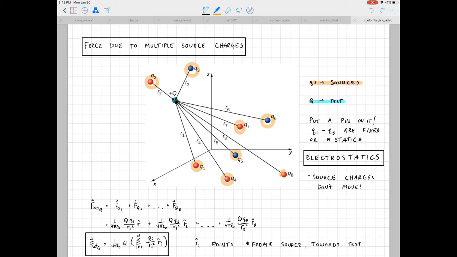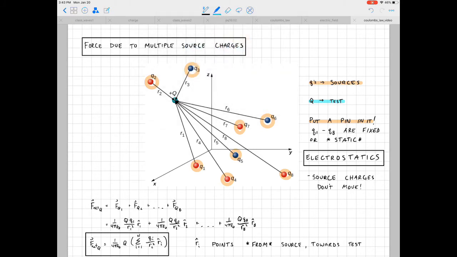Now you can think of them, and I've got it written over here, put a pin in it. You can think of these source charges as stationary. They've been pinned down, they've been fixed in space. So their presence does not affect each other, right? So these source charges are static. This is why this chapter is known as electrostatics. Our source charges are fixed. They cannot move. So I've got 8 different source charges in this figure from the book, and then I have